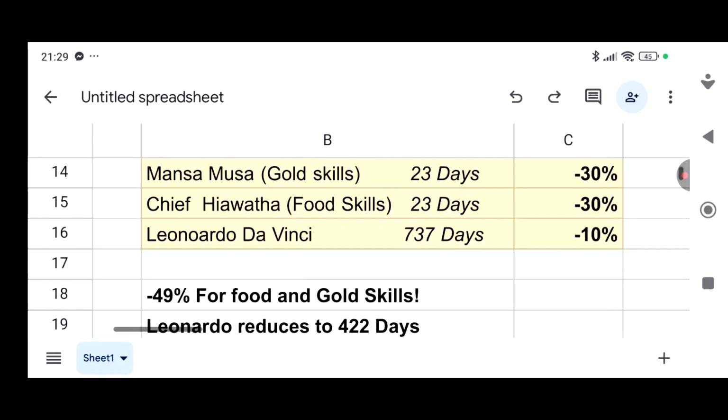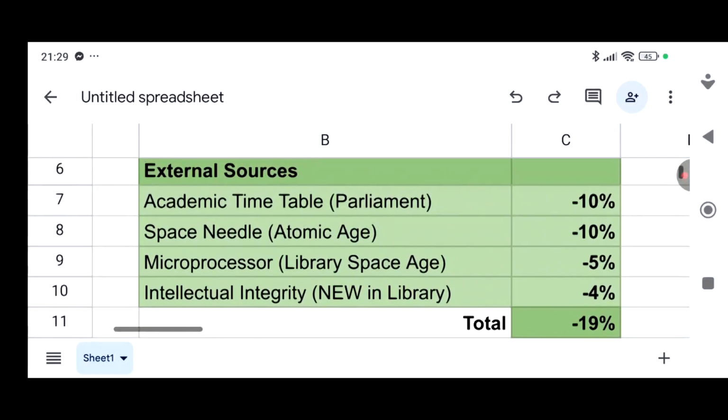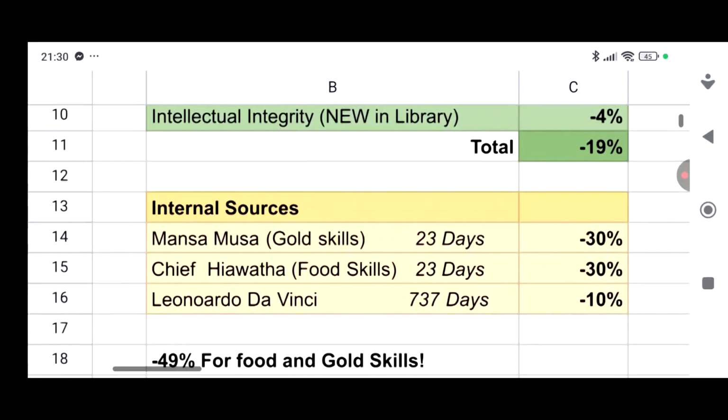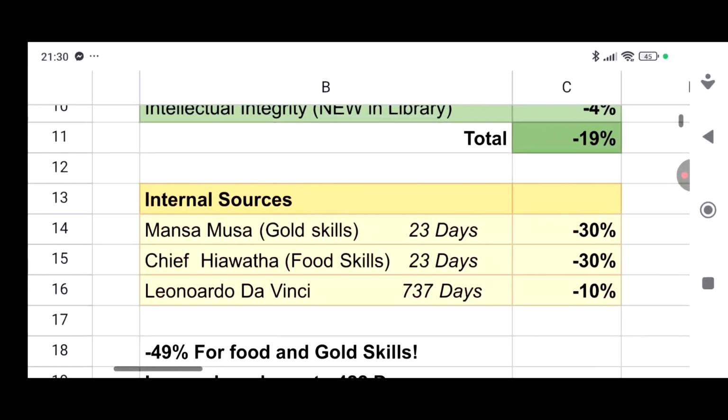There we go. Right, we can get minus 49% for all food and gold skills. So straight away, we've almost halved the time it takes for food and gold skills, just by having our academic timetables, Space Needle, microprocessor, and intellectual integrity. And of course, then we've got Mansa Musa and Chief Hawaitha that are going to give us that extra minus